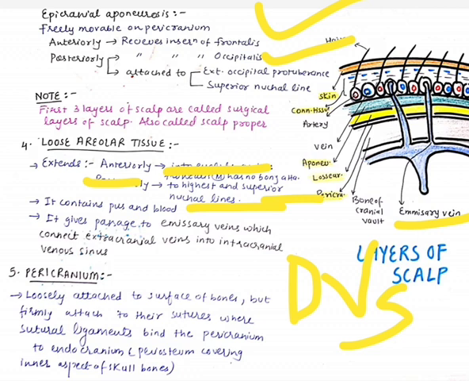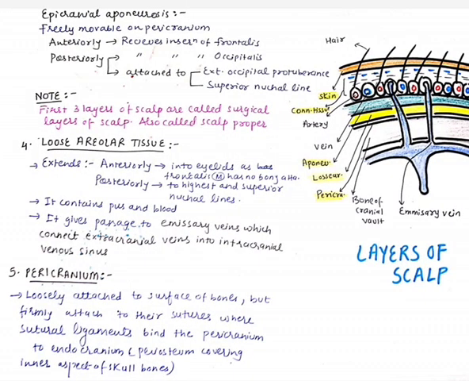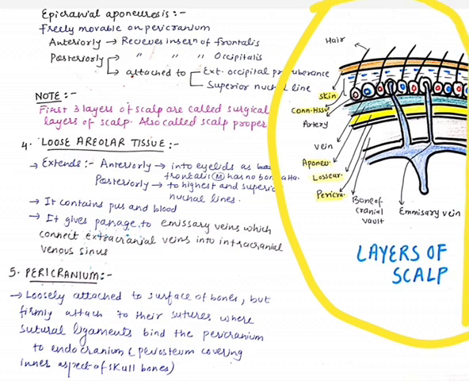And if your university asks you about the layers of the scalp, this is the diagram which is very important for you. You have to draw this diagram, which will attract the examiner's eyes. You can use colors if your university allows you. If not, you can definitely use black, blue, and the histology pencils, that is pink and purple.